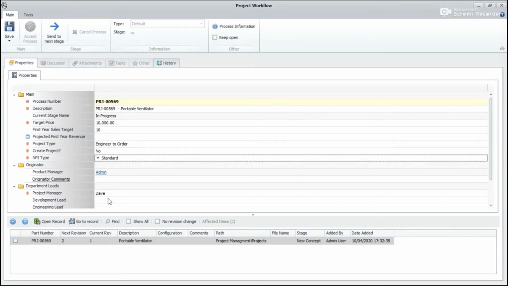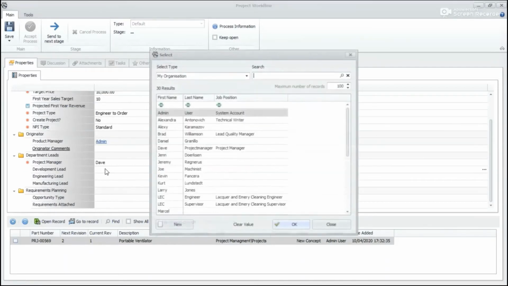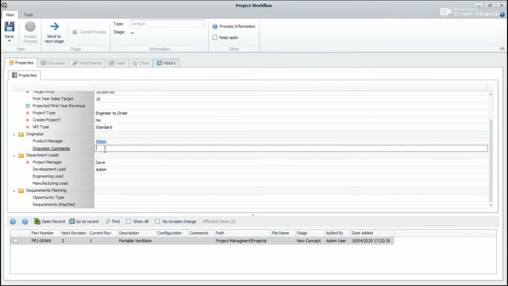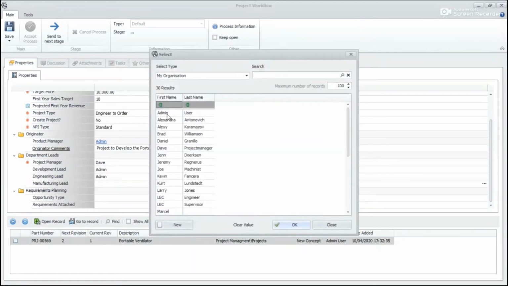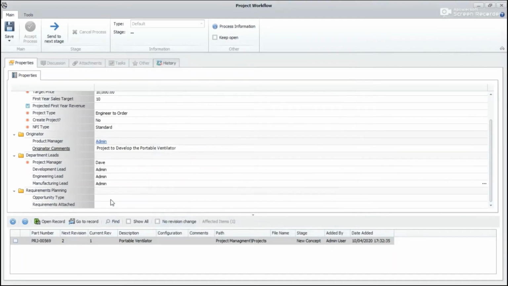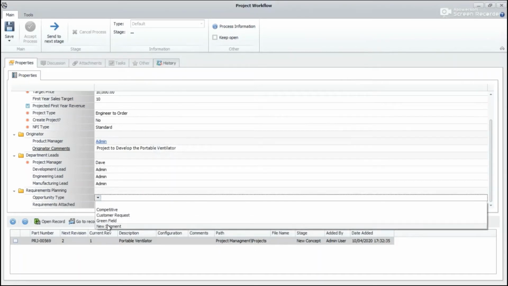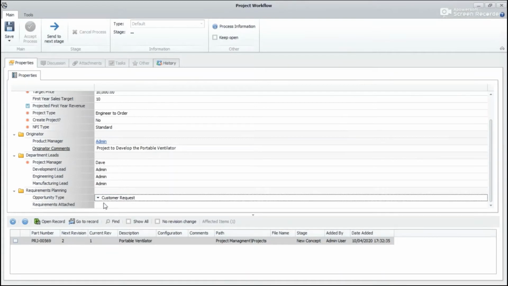The project is already automatically created. So you choose the NPI type. We'll choose the development lead. We'll enter the originator comments. So we'll enter the originator comment as project to develop portable ventilator. I'll choose the engineering lead as well as the manufacturing lead. So once these details are filled, I'll fill in the requirement planning details. I'll choose the opportunity type and